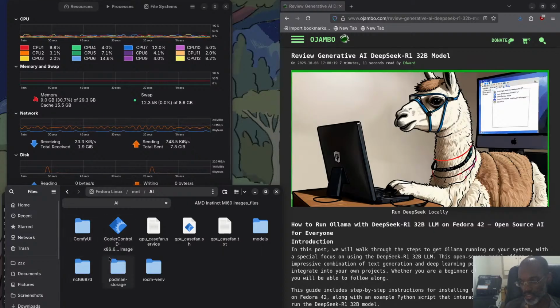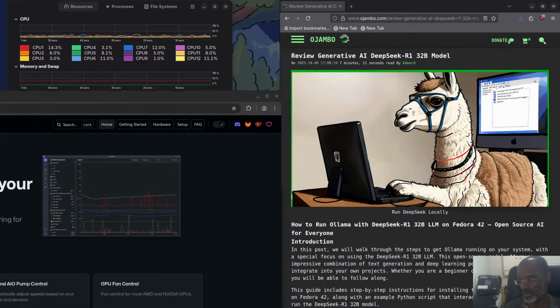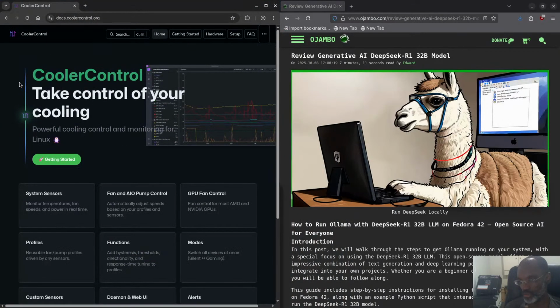So with that said, now I got this application called CoolerControl. You see, I got the AppImage. It's basically the daemon, and then it's a web UI. I prefer that one, and I'll show you the website. I'm going to pull it up right now. So the website for this is called